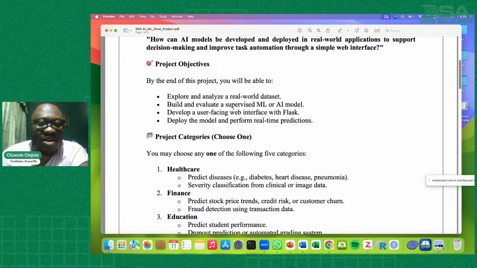You will build and evaluate a supervised machine learning or AI model. You will develop a user-facing website interface with Flask. Then you will deploy the model and perform real-time prediction. It's still the same thing. After you've done with your tasks, we'll have an interface where we can enter inputs, just like your diabetes one.